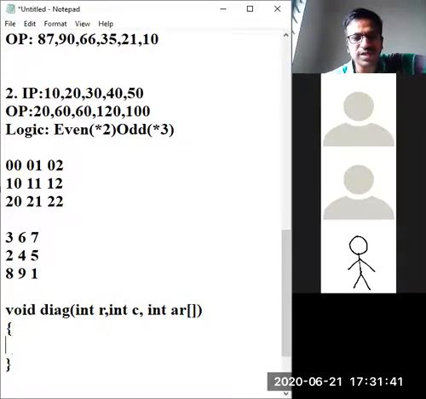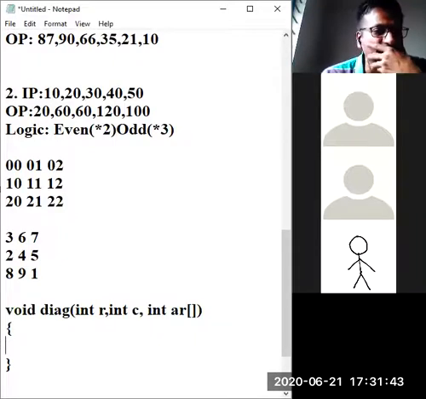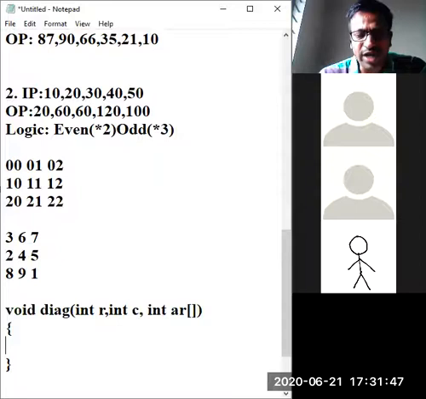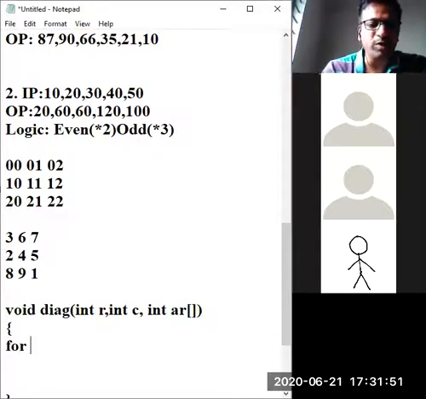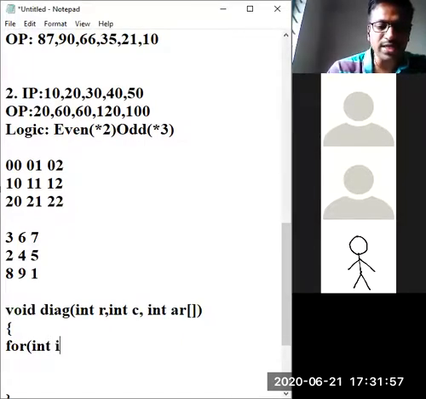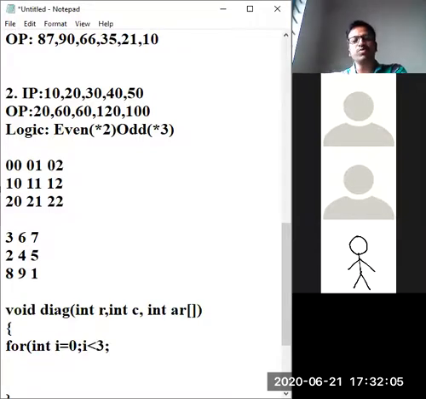Which code? This one. See how to write an application for this. Whenever you are having your start here, obviously blindly you can go with a couple of for loops. First statement, for the first for loop, int i is equal to 0. Again same story, no change. I have taken 3-dimensional. If 4-dimension, put 4. If 2-dimension, put 2.